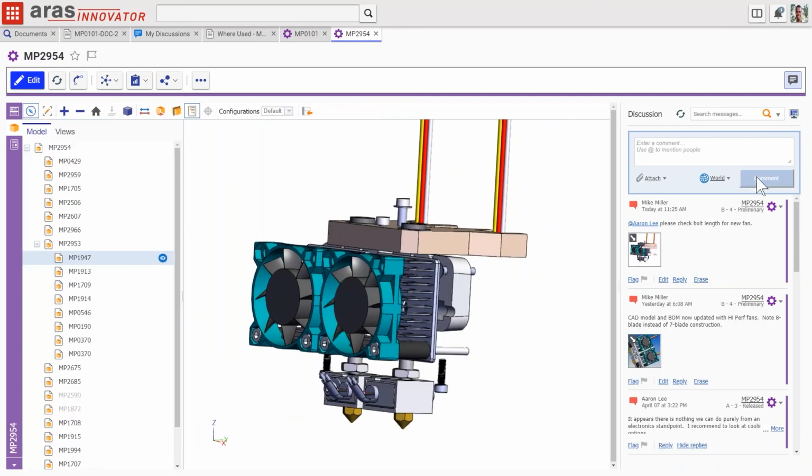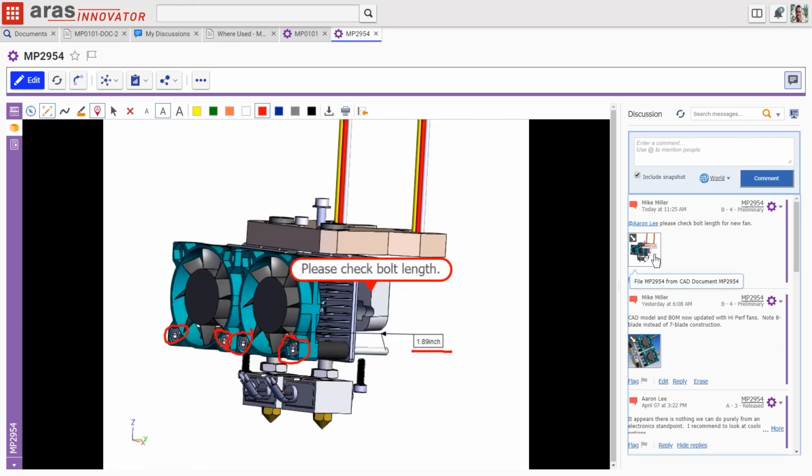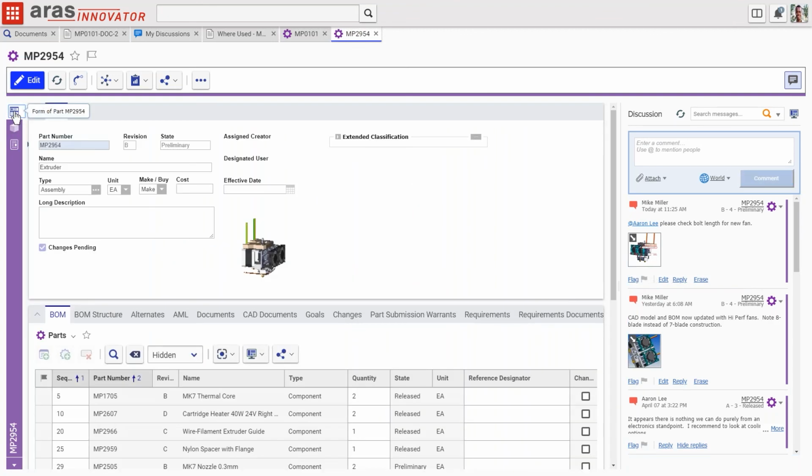So we've seen how to create one of these markups, be it in CAD or in the PDF. We've seen how to go back and use the CAD visualization, whether or not you're a CAD engineer, and add markups to it.